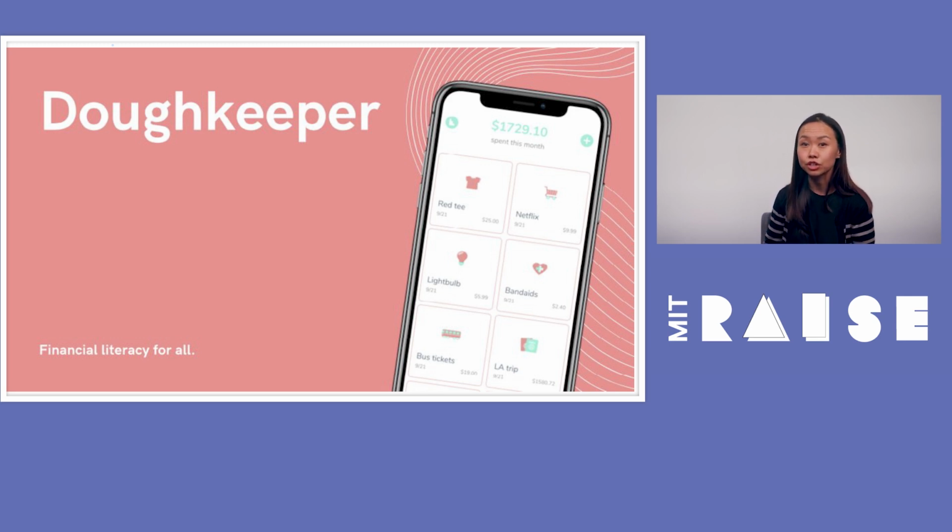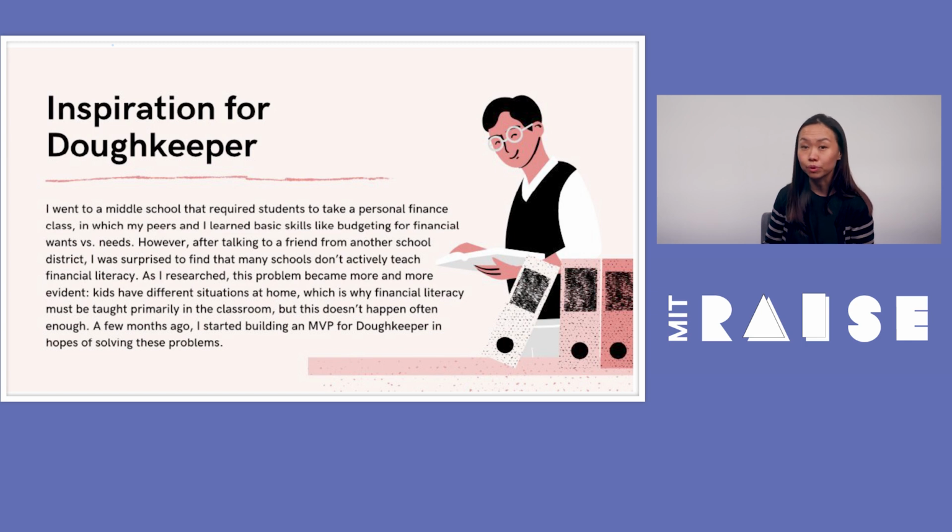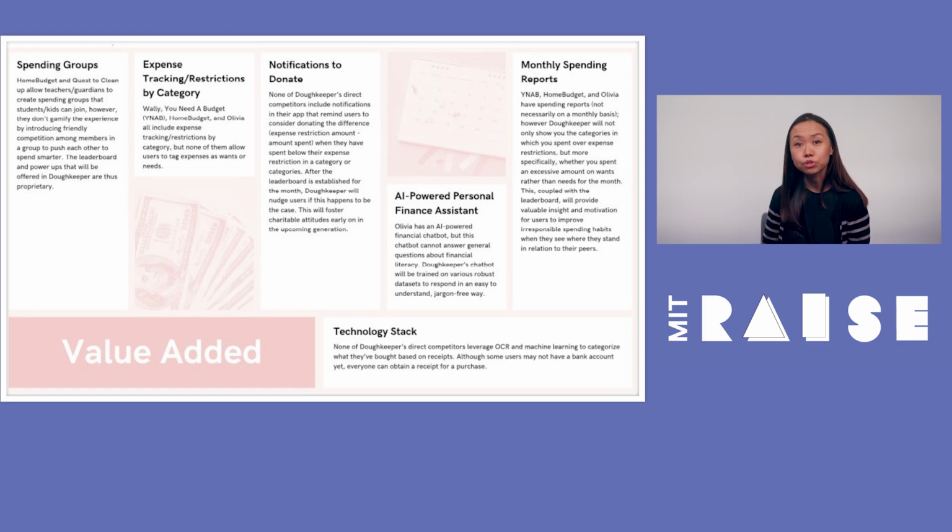So you can see they show first a look at their app and also a brief summary of what their app's intent is. They go into the inspiration and the motivation for this problem, how they figured out that problem, how they decided this is something they want to work on, which is a great part of communicating about your project. Then they go into all of the user research and market research and community analysis that they conducted, as well as the value added, or what they designed to create solutions for the problems that they identified.